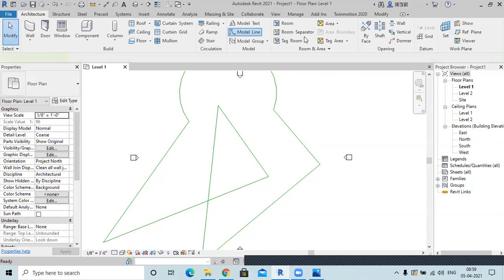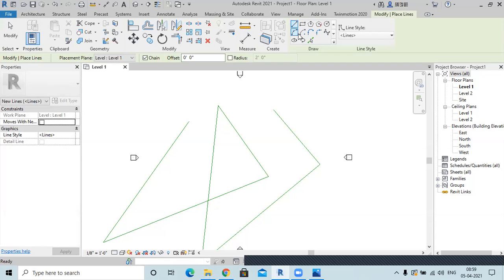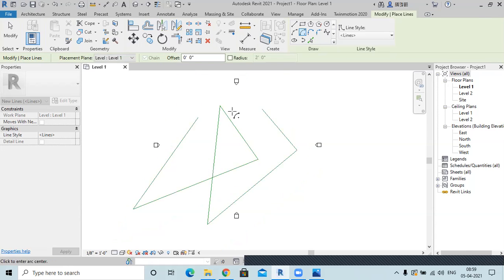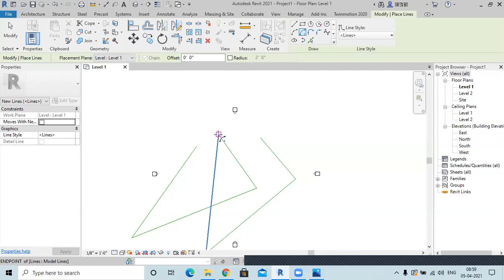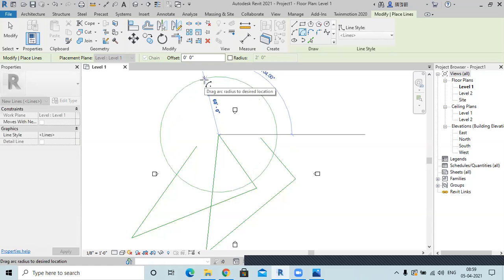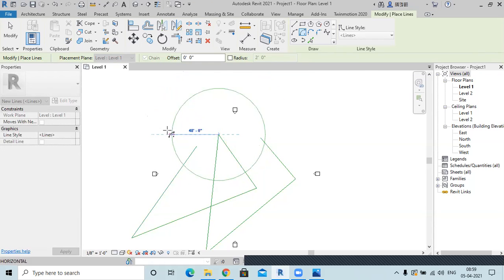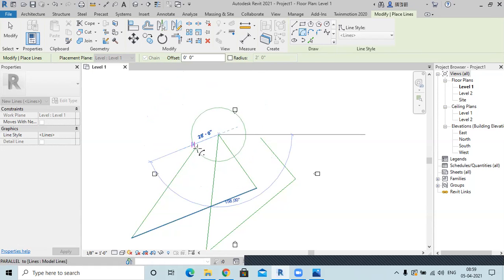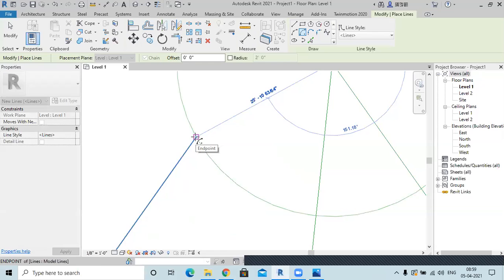Then the second option you have is, I'll just delete this so that I'll be able to show you other curves. The second option we have is center and arc. Here, whenever you first click a point, this will be the center of the arc. Now I want this point to be the center of my arc, so I'll select this, and then one circle will start creating. But you have to select one end of the arc. So for example, I want this to be one end of the arc, so I'll just select this.